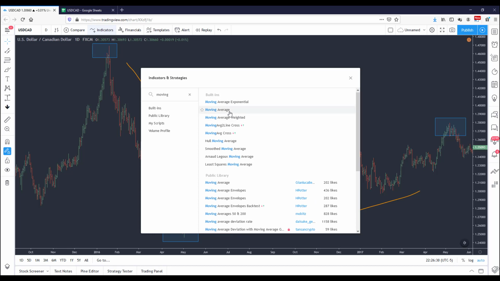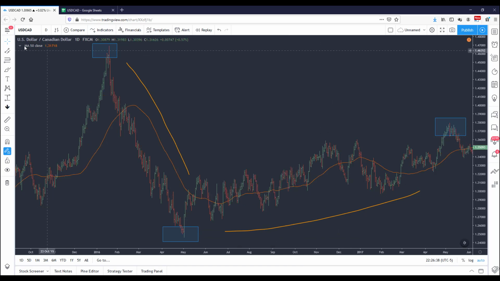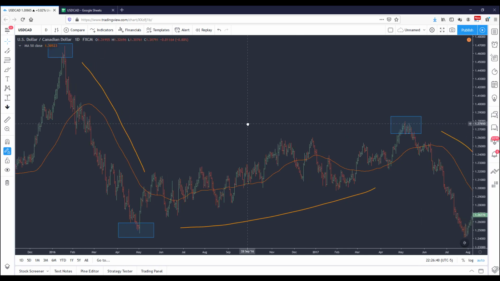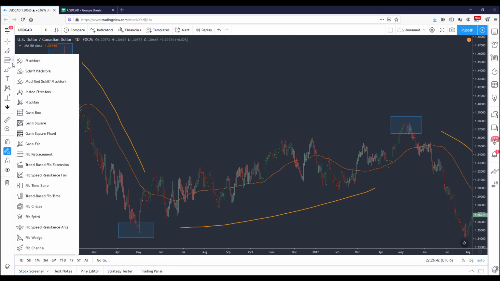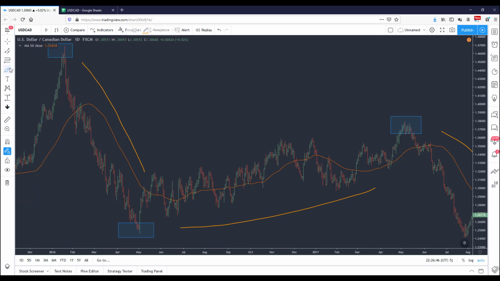Moving average, and I'm just going to take any random number. I don't trade with these numbers. It's just to give you an idea, to smoothen it out. Maybe the 200 might be even better, but essentially what you would do in a strategy like this